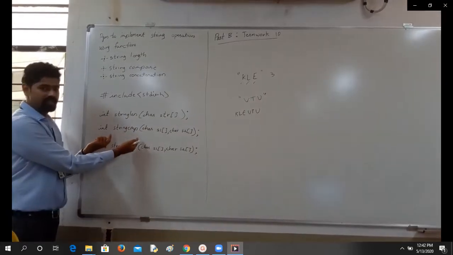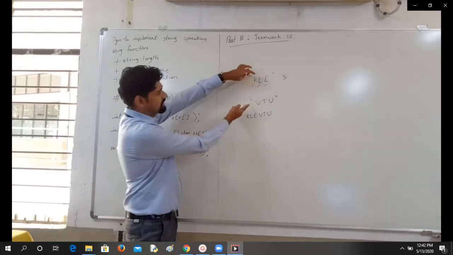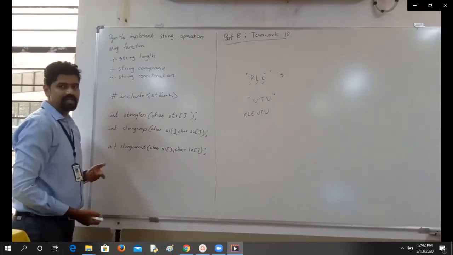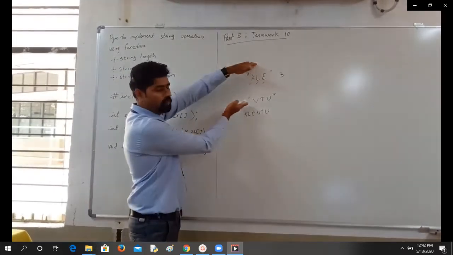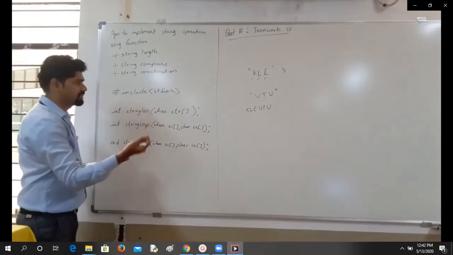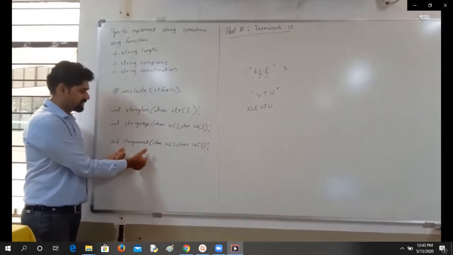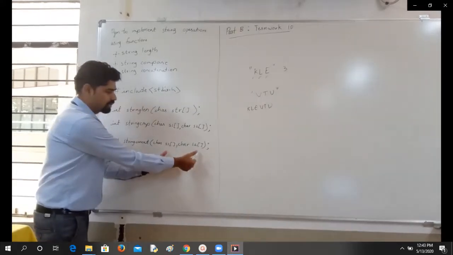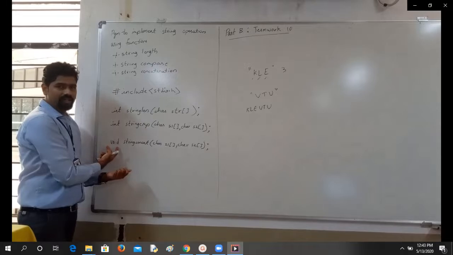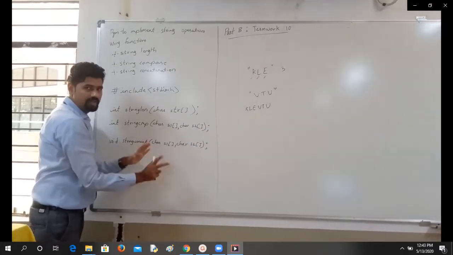Next we have another function which is string compare. It takes two parameters because to compare two strings, you know that I need two strings. And I have taken the return type as integer, meaning if two strings are equal, I return some value. If they are not equal, I return some other value, which is of type integer. Next, for string concatenation, I have another function which is string concat. Again, it takes two strings as parameters, and I am not returning anything here, but I am just joining two strings and then printing S1 there itself.